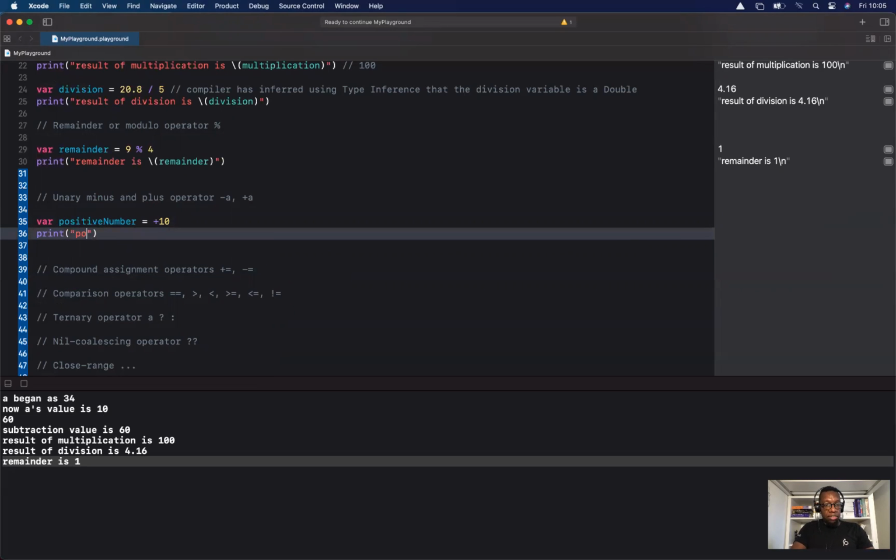Print, use interpolation, say positive number is... actually, we could do an operation here. In the string interpolating code, in the parens here, you could actually do an operation. For example, I could say 6 plus 10 and run that, and I do get 16, right? The same way I could take a variable, in our case, our positive number, and I will add it